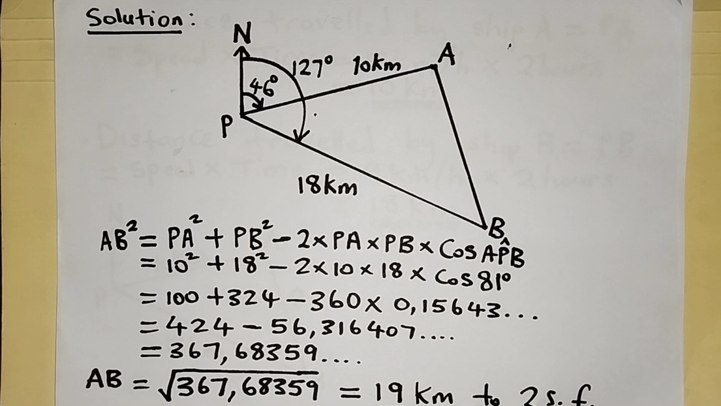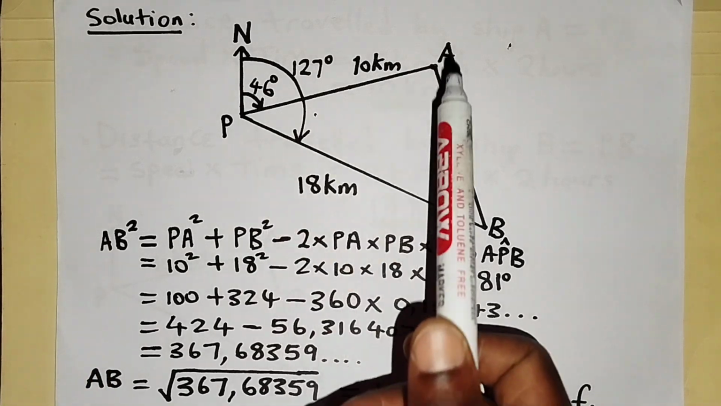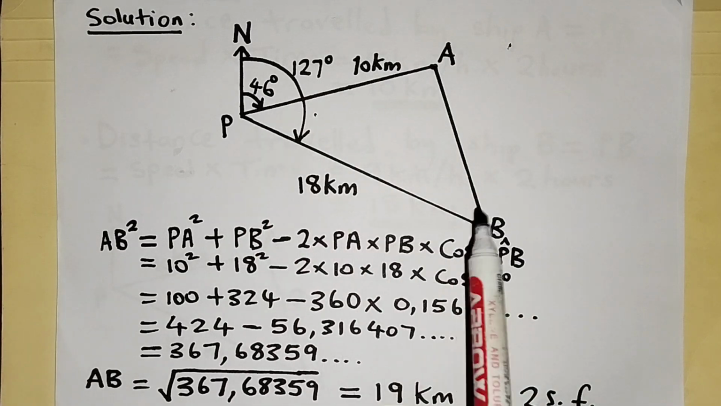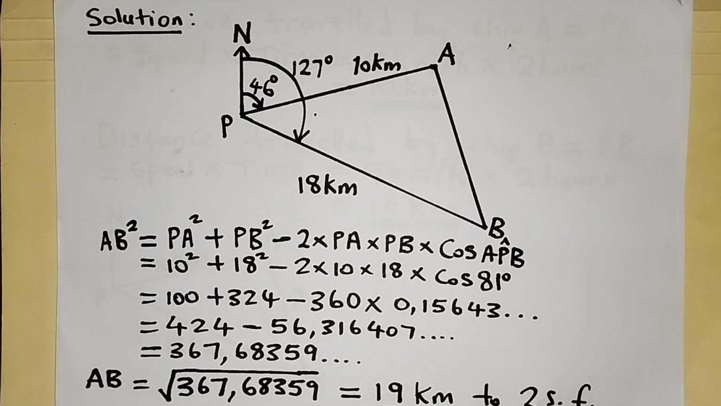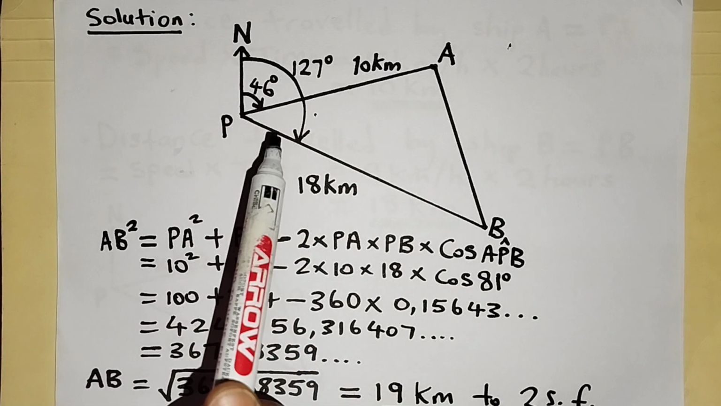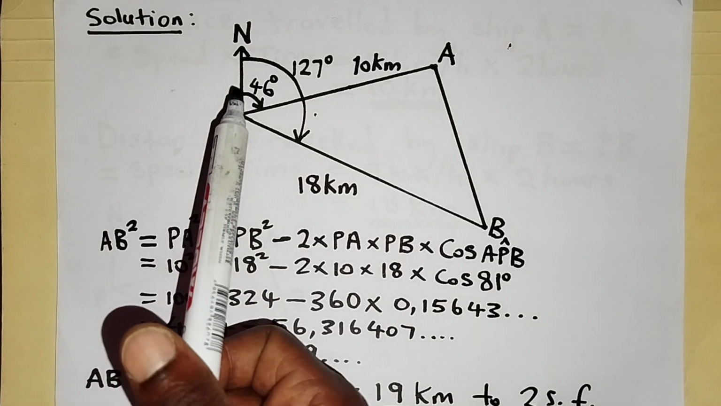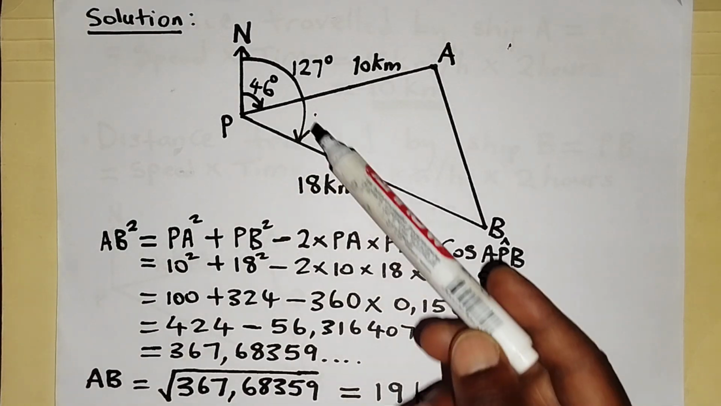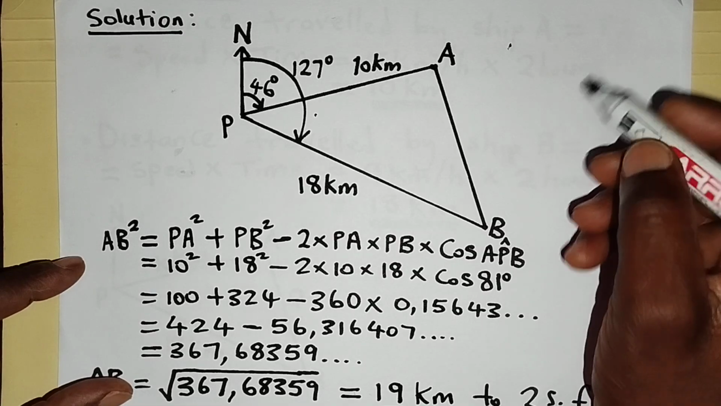Before we do that, you must know the size of the angle inside our triangle APB. The size of this angle here: remember, from this north arrow to this line which goes to PB is 127 degrees, and from the north arrow to this line which goes to A, which is PA, is 46 degrees. So for us to find the angle inside the triangle, we simply say